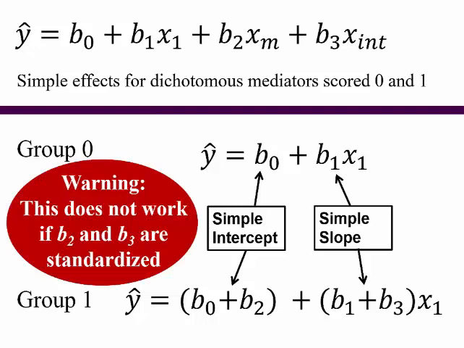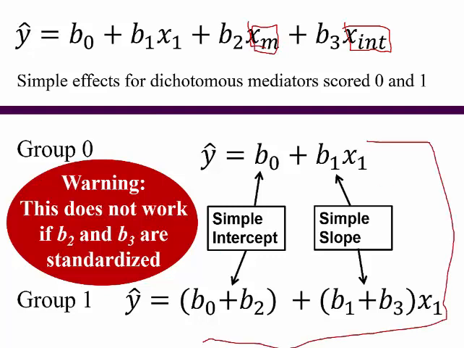Just one thing to note again, and I already mentioned this before: when you run these analyses, you do not want to get the fully standardized output from a computer software program, because Xm, our moderating variable, we scored that zeros and ones, that should not be z-scores. Our interaction term should be a product of two variables, and that should not be turned into a z-score. If you were to standardize everything, that would mess things up. This format for probing an interaction would not give you accurate results if you had a fully standardized output,